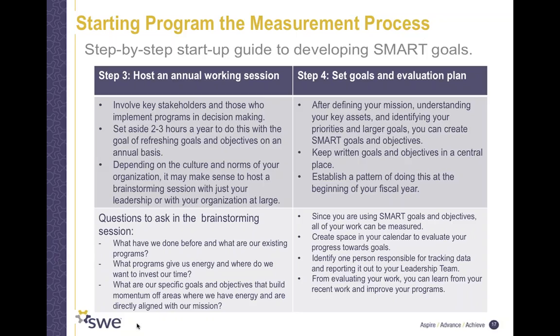Once you've answered these questions and you have a good idea of the central goals and outcomes that you want to see, you can sit down and write down the goals and a simple evaluation plan. I generally recommend 2 to 3 goals per program, and maybe anywhere between 3 to 5 objectives for each goal. So ultimately, we're not talking about a significant or lengthy document, really something that can be captured in maybe a page and a half.